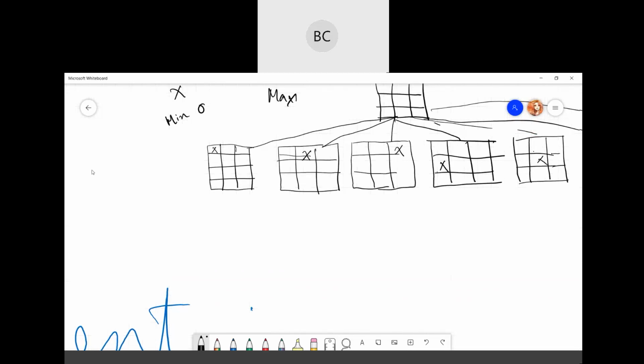Now it's Min's turn. For each and every move of Max, Min again has different possibilities, correct?